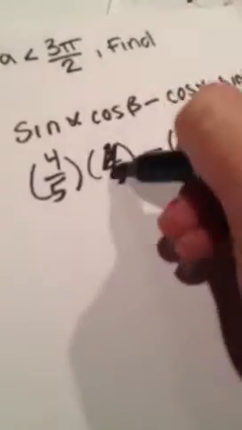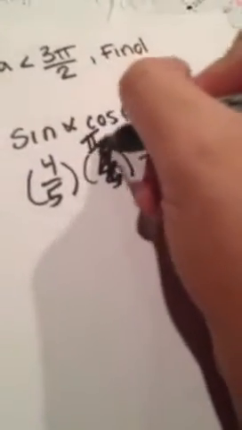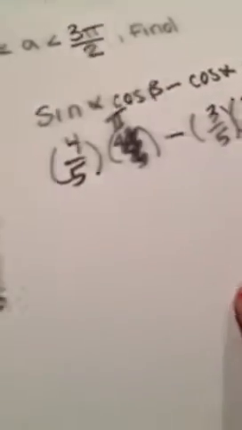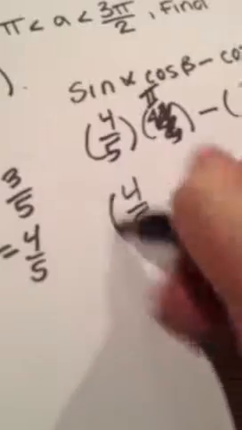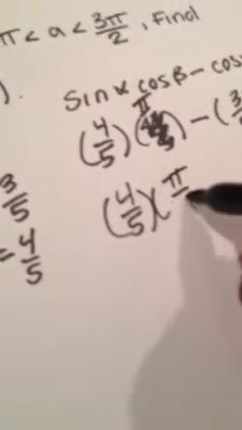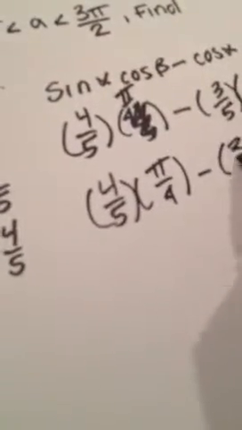I'm sorry, cosine of beta is pi over 4 also, because beta is pi over 4. Once you have all those answers, I'll rewrite them. So it's 4 over 5 times cosine of pi over 4 minus 3 over 5